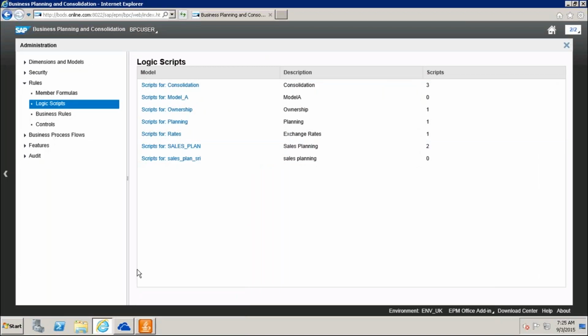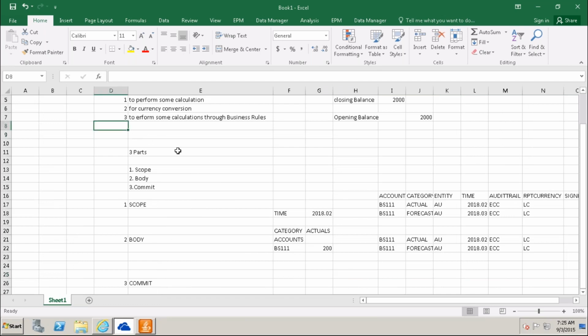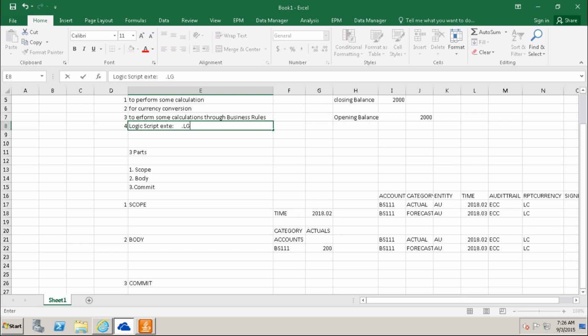Before this, one more point, the fourth point: logic script is ASCII language, and the extension is .lgf.